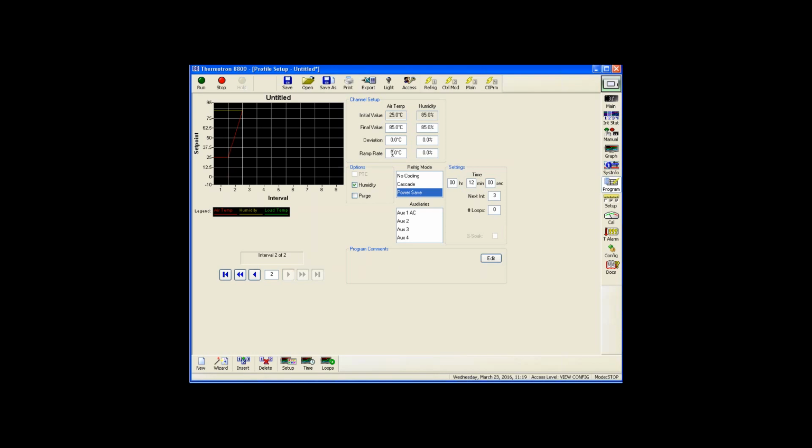So the lesson here is understand that anytime you're ramping, it's going to apply to both variables. Now, if you've done any amount of humidity testing, you know that ramping in temperature and trying to control humidity are somewhat incompatible because relative humidity isn't a linear function, so it has a really tough time trying to hold a humidity level while you're changing a temperature. So a lot of times for these tests, we would do them separately. We would ramp up in temperature, simply turn off that humidity channel, and then in step 3, once we've reached 85, we'll turn on the humidity and drive that to